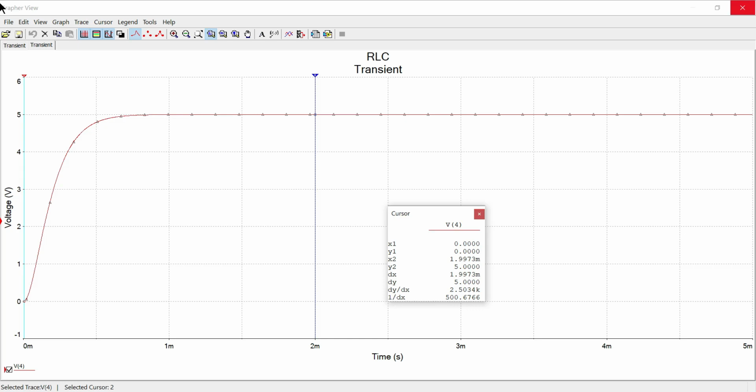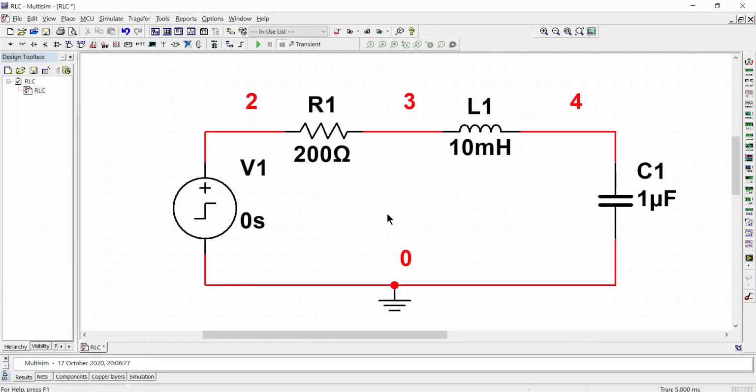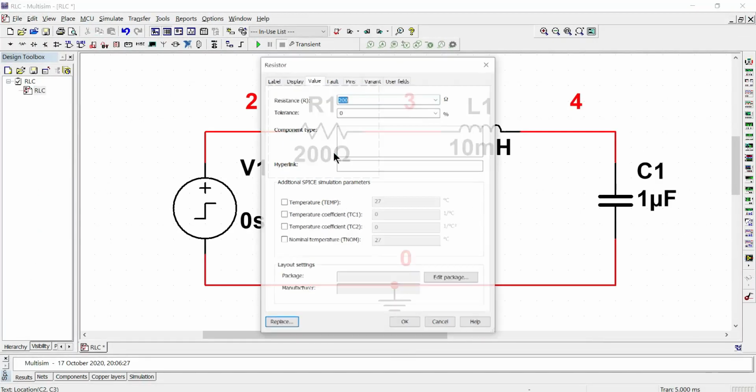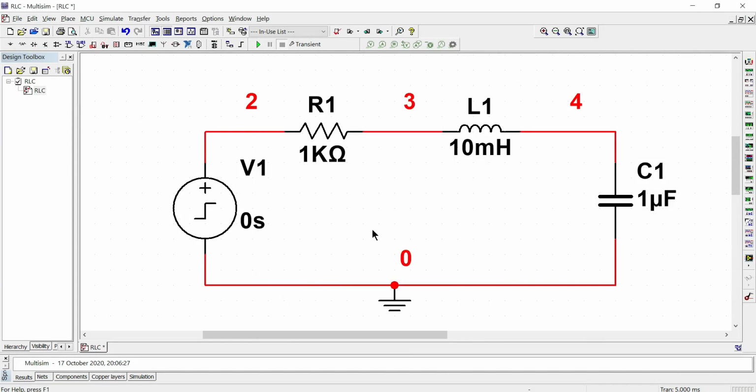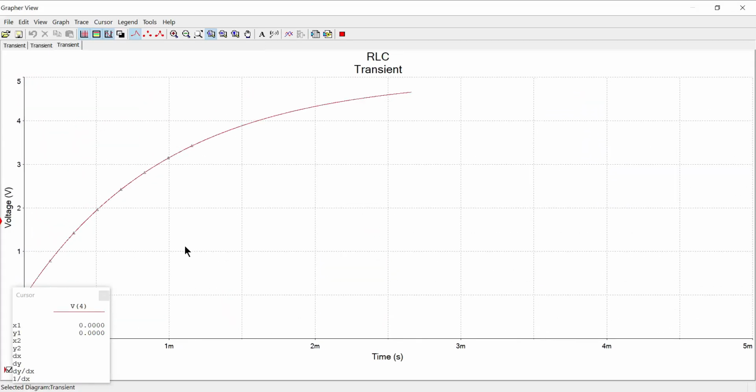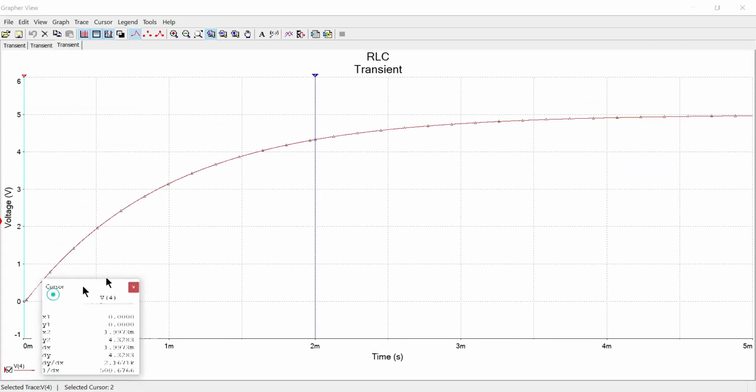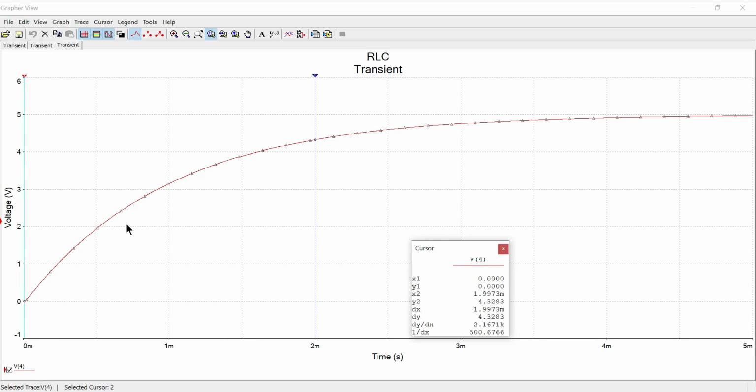Let us see the overdamped case when R is equal to 1 kilo ohm. Now if I run the simulation, you can see the graph takes relatively a longer time to reach its final